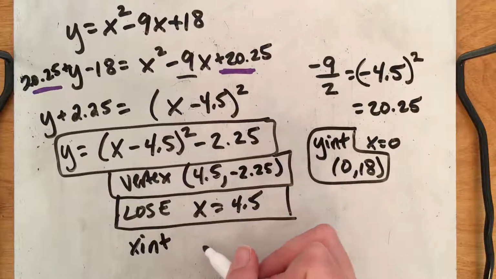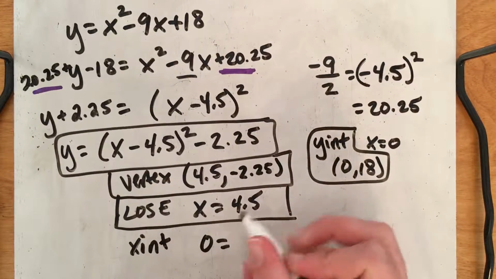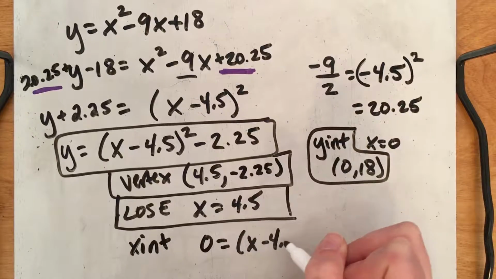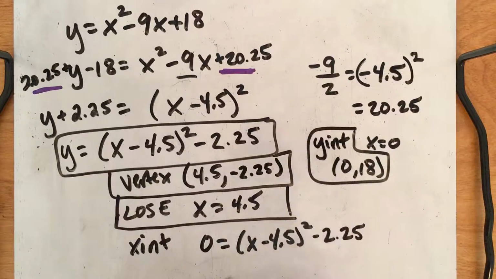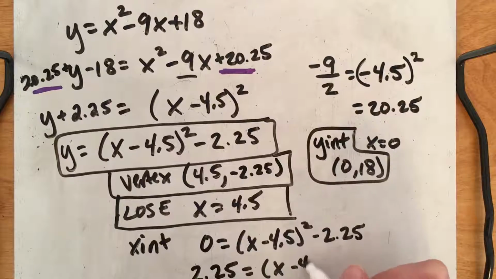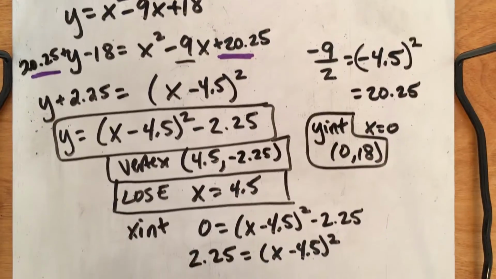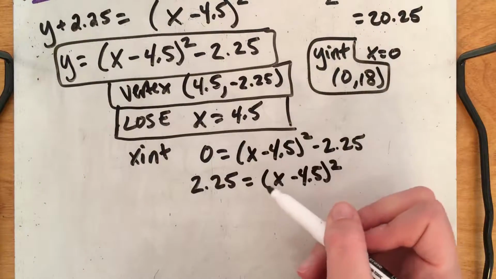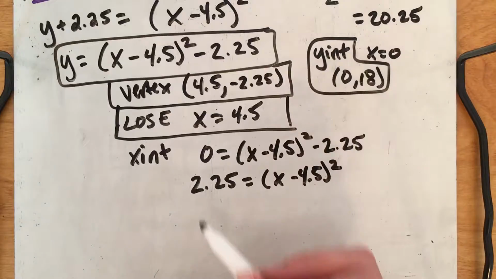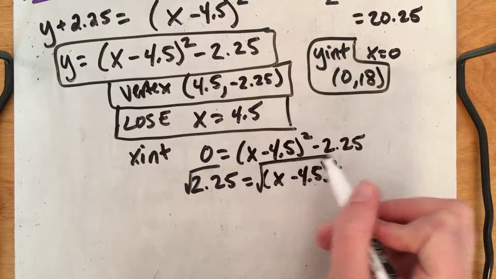So I'm going to set my equation equal to 0, because that's how we normally start to find the x-intercepts. I plug in y equals 0. I'm going to move this 2.25 over, equals (x minus 4.5) squared. Okay. You could also use the quadratic formula. I'm just showing you something that you might not know how to do, possibly. So I'm going to take the square root of 2.25,